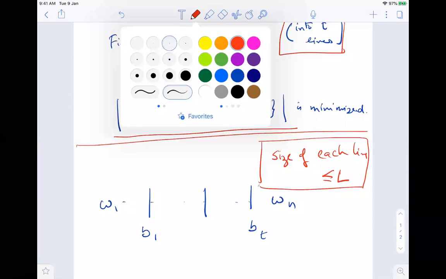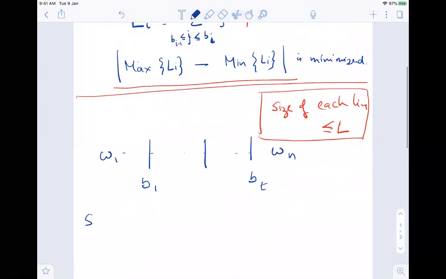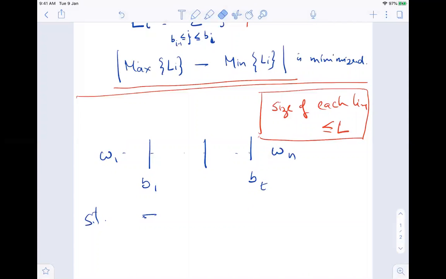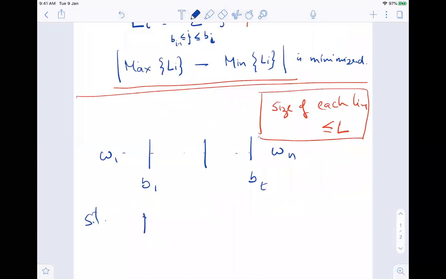So let's see. I want to partition it into some lines such that, first of all, the length of each line, say Li, this is the length of each line,